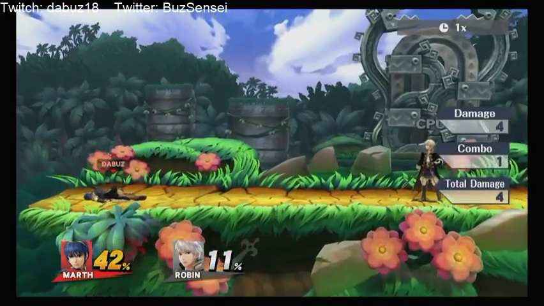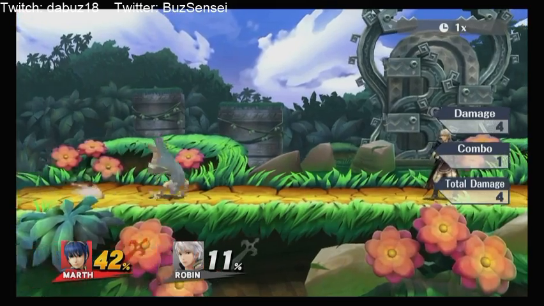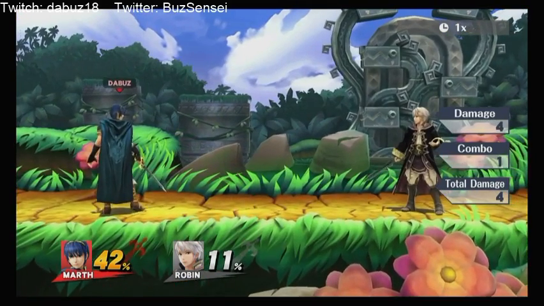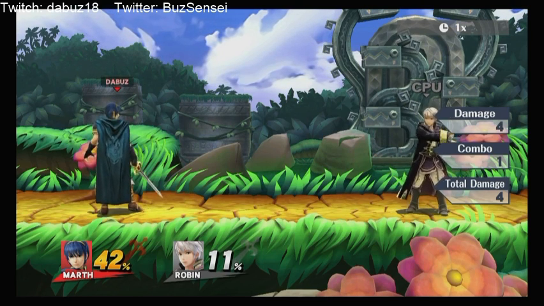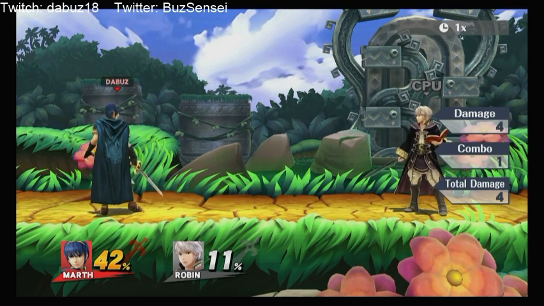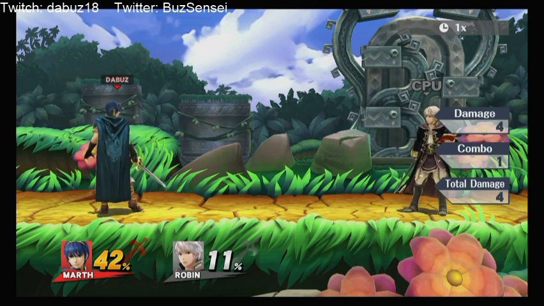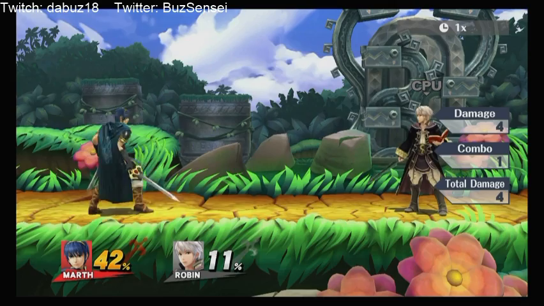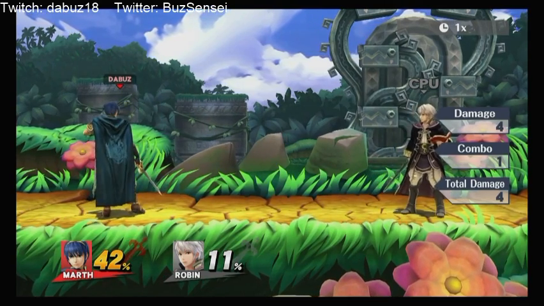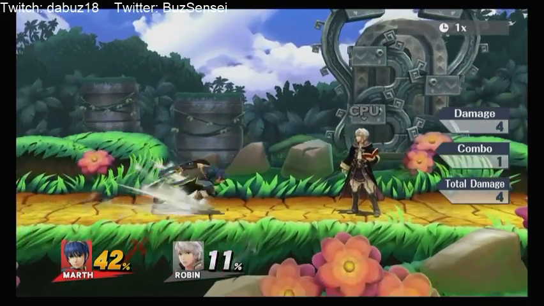Now this talks more about projectiles, but with a move like this, which is pressure and stuff, just a move that provides long range pressure, you can use this not as a mix-up, but as a way to control your space. So Marth here can't hit Robin at all unless he has to commit to a dash attack, he has to commit to a forward air, he has to commit to some sort of option that is very